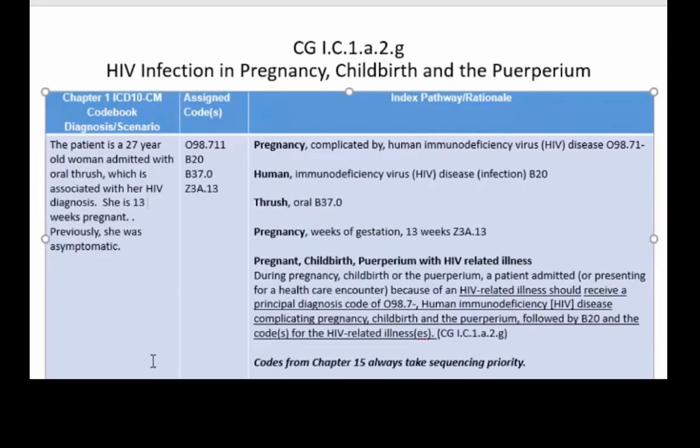Okay, this guideline has to do with HIV infection in pregnancy, childbirth, and the puerperium. The puerperium is a period of time after the child has been delivered. And then here is your guideline for the O98 code. And I've given you a case here